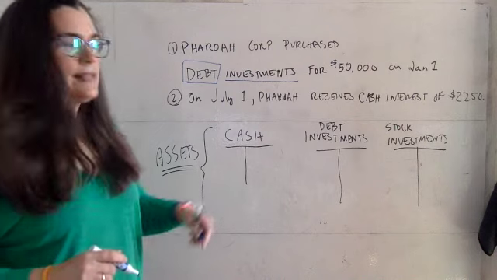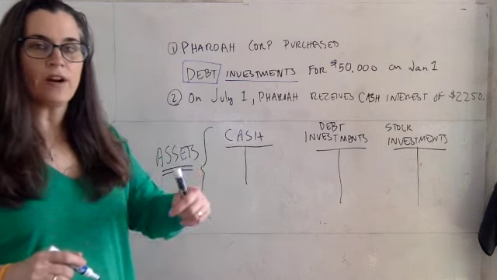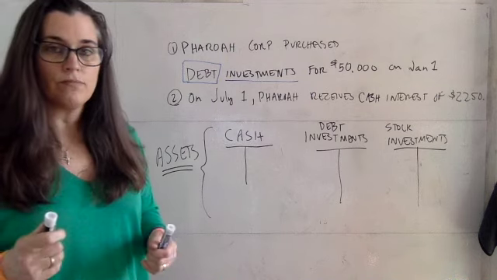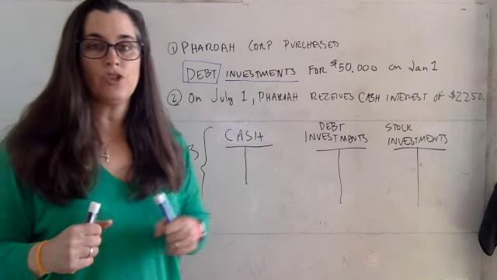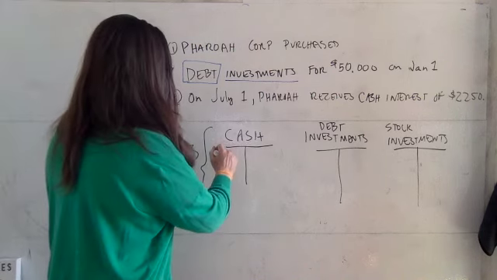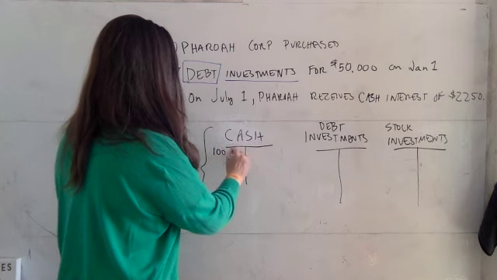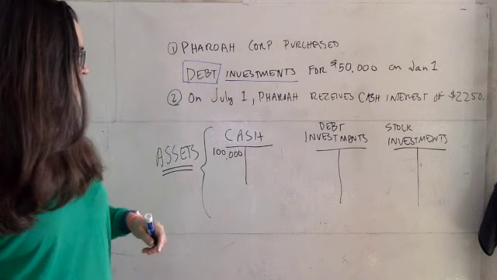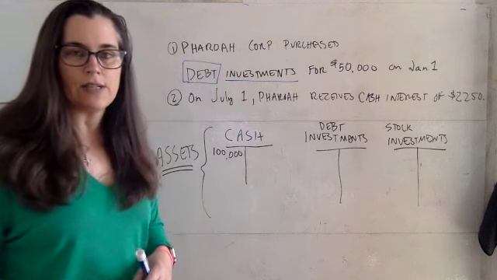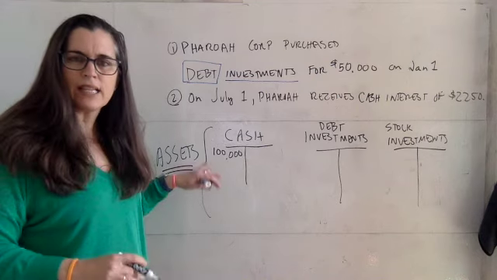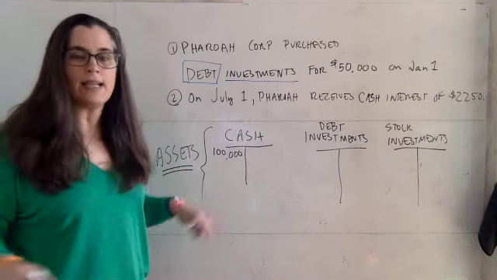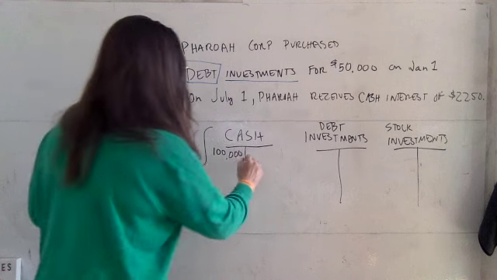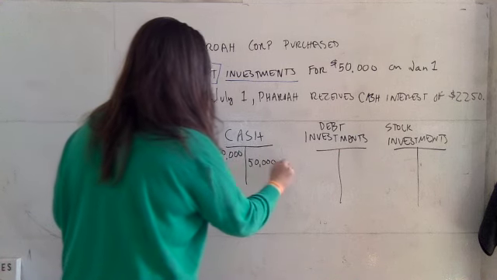The key here is that we are on the investor side of this transaction. We are taking cash that is in our bank account and putting the cash into an investment. So let's unpack what that means. Let's say that we have $100,000 in our bank account. We are Faro Corporation, and we say, you know what, we want to take $50,000 of that, and rather than having it sit in our bank account where it doesn't gain any interest, which it doesn't in a checking account,